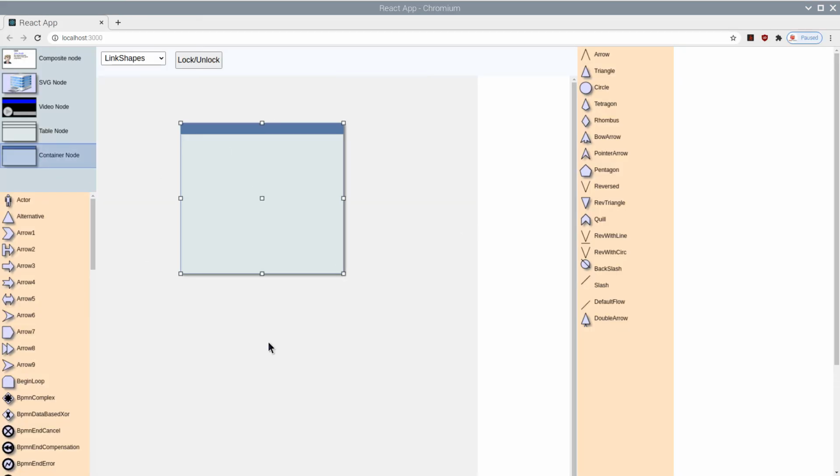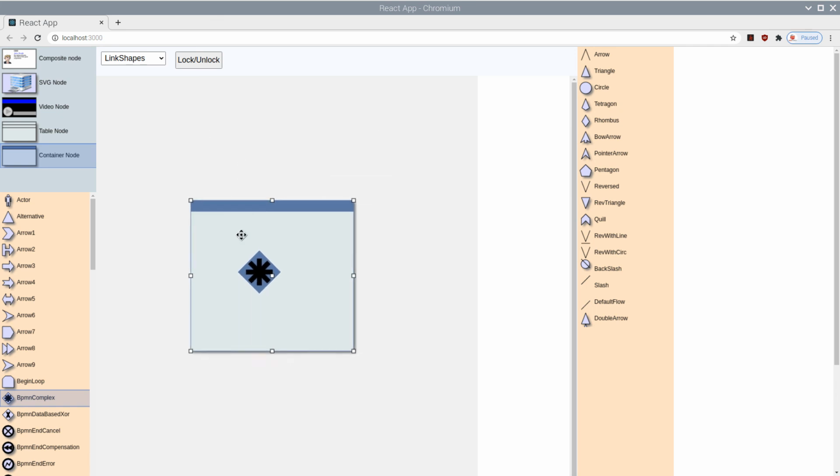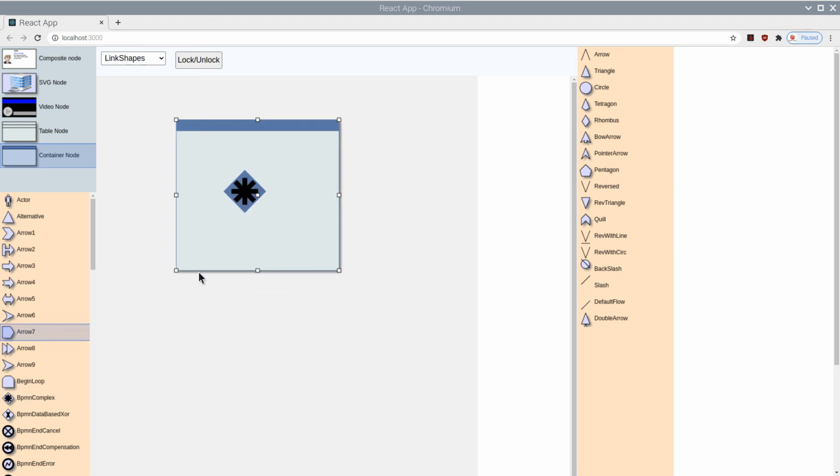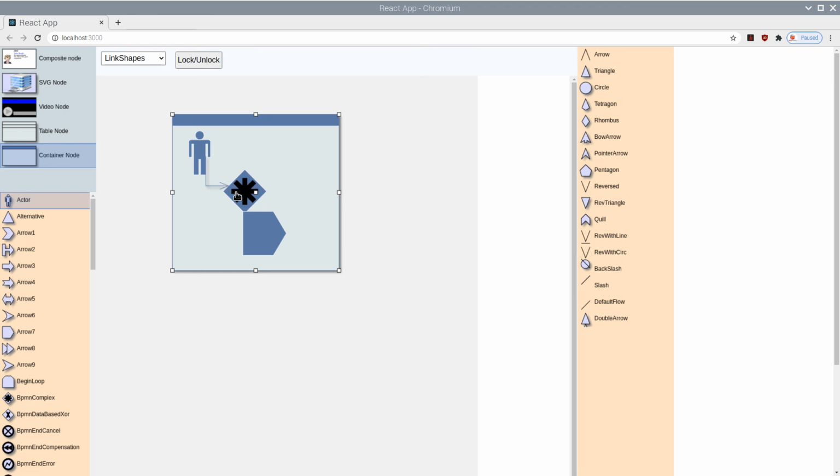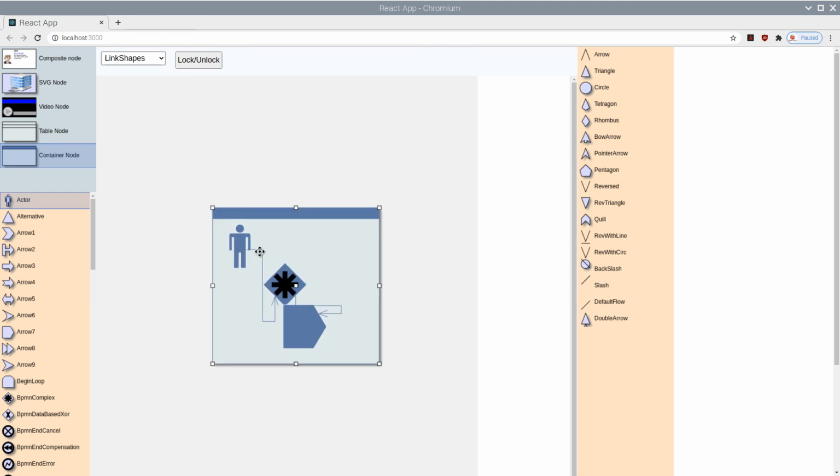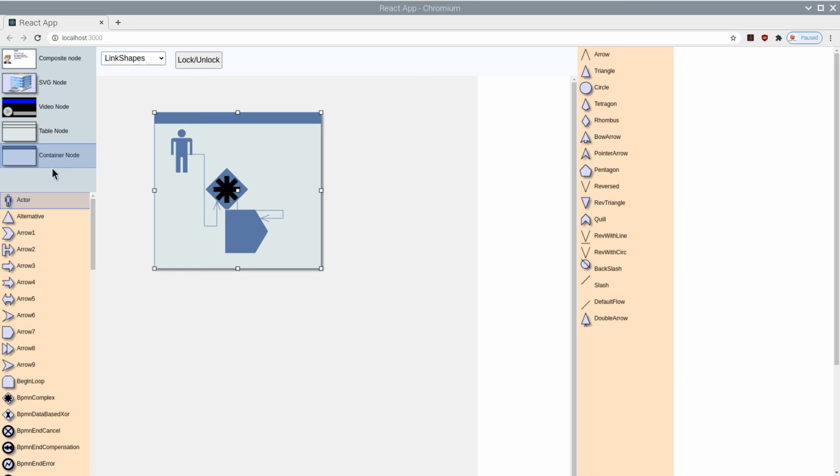It is used for holding other nodes. You can drag and drop nodes inside it. Nodes in containers can have links. Both the nodes inside a container and the nodes in different containers can be linked. The containers themselves can be linked as well.